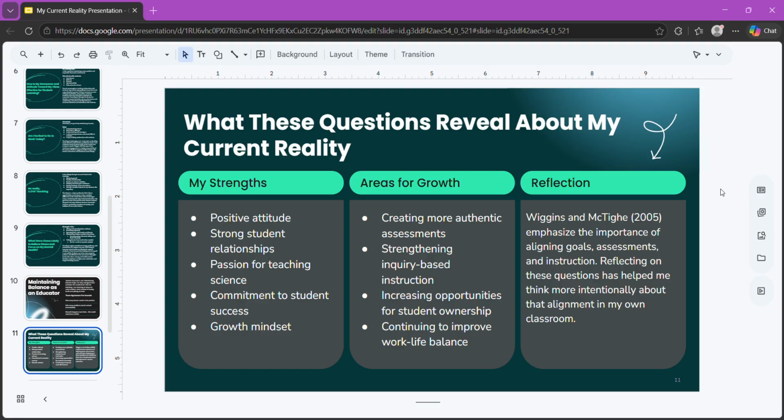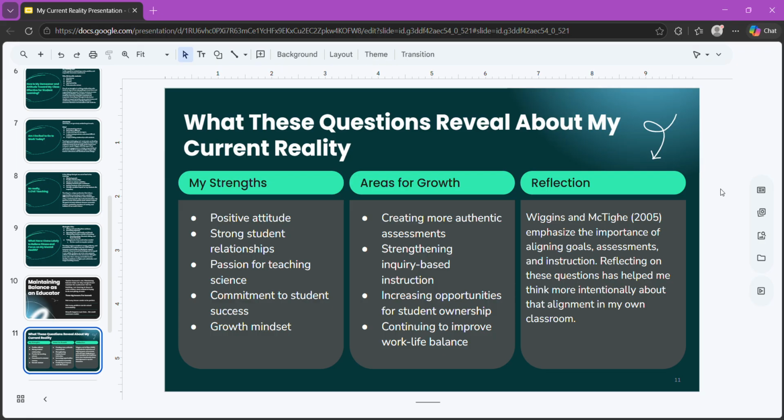Areas that I could grow in. Creating more authentic assessments. I just want to make sure that my assessments are not dry. I want to make sure that I'm providing multiple paths to demonstrate learning. That's a big thing that I'm going to work on this coming year. Strengthening inquiry-based instruction. I want to utilize the Socratic method more and more and more. It's not always the most effective thing, and I think that's sometimes just because I'm not using the correct guiding questions and sort of guiding the conversation when need be, and so that's one area that I want to strengthen.